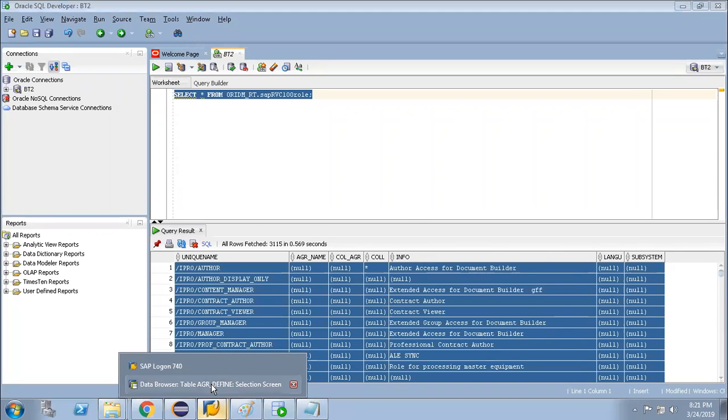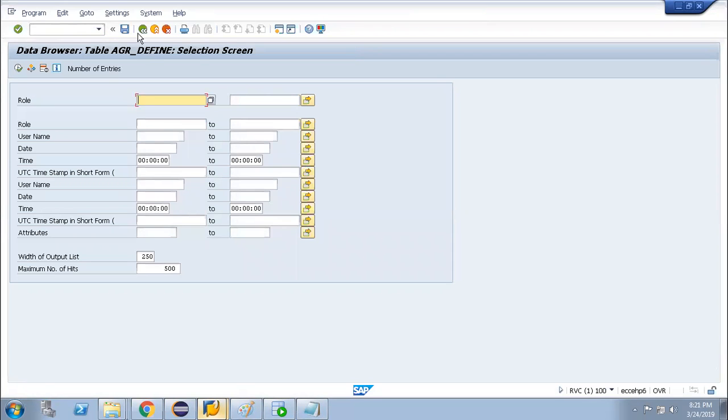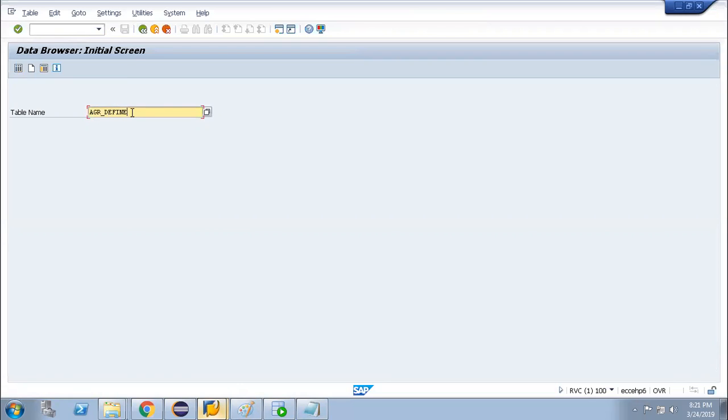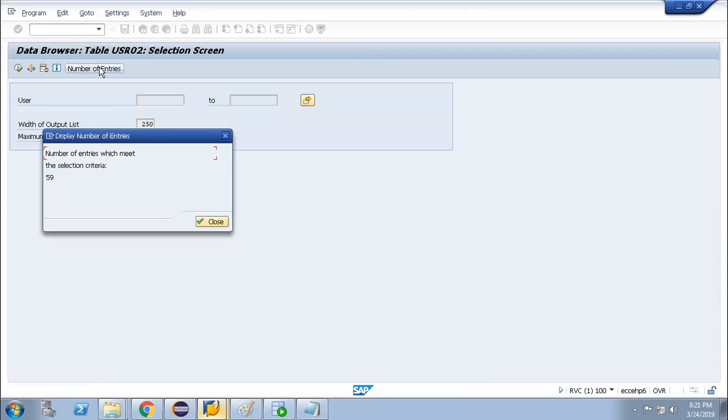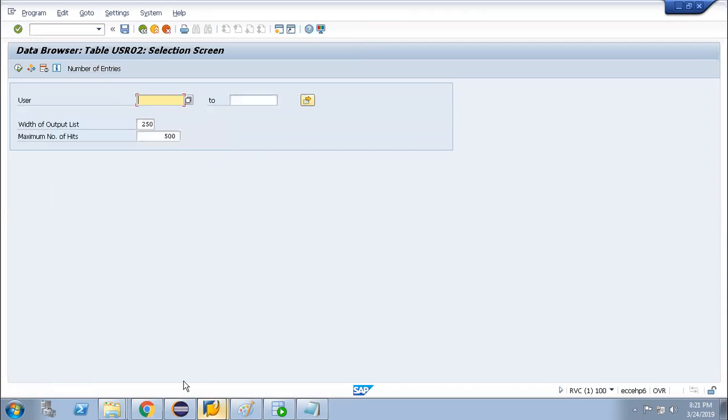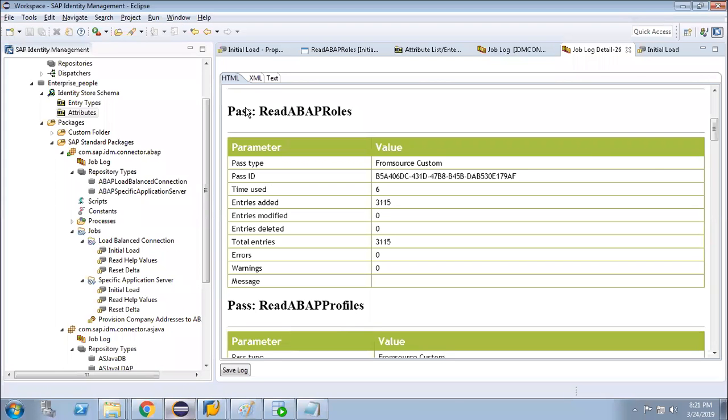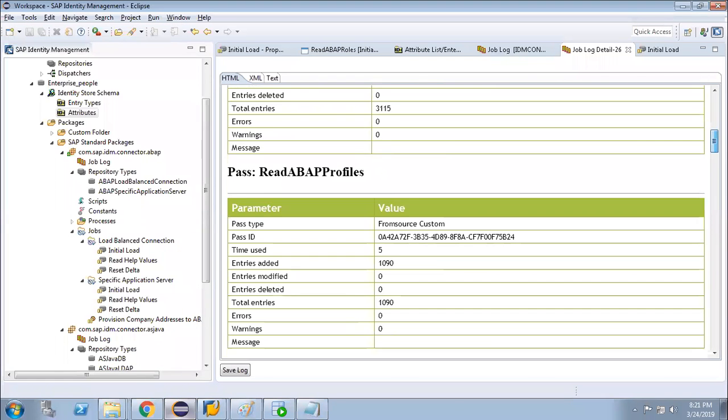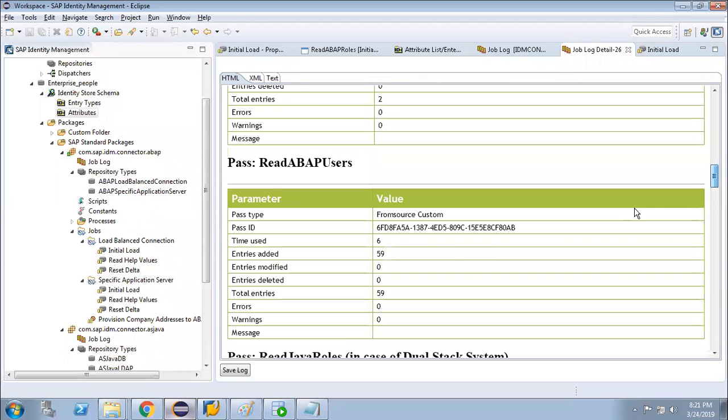Definitely if we go to the user table AGR underscore User or USR 02, user 02 is readable. So the number of users is 59. If you go here, the number of read roles, read profiles, read users is 59.